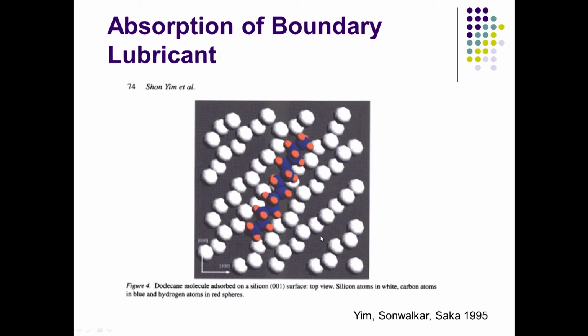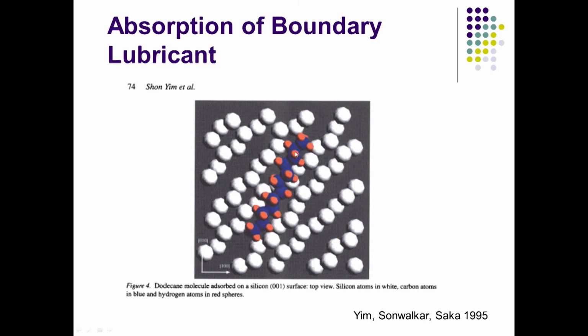If you look here, the white atoms are silicon, the blue atoms are the carbon chain, and the red atoms are the hydrogen. Now you can see in these equilibrated layers, again what we did is take a carbon chain and do an equilibration phase, where the silicon was equilibrated for 50,000 time steps, and the hydrocarbon chain was also equilibrated for 50,000 time steps. Then we start taking the measurements, and this is where we allowed this layer of hydrocarbon to find out where it is most comfortable.